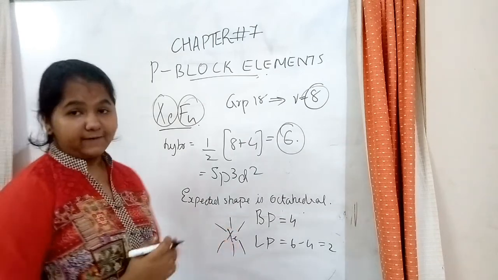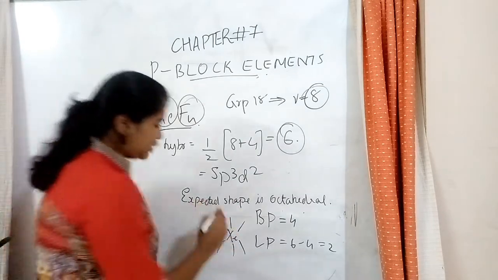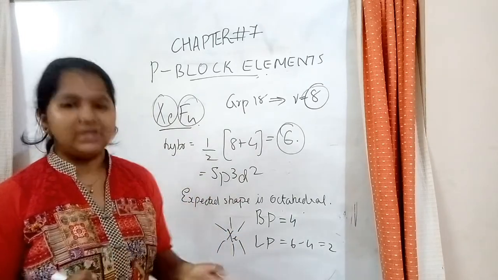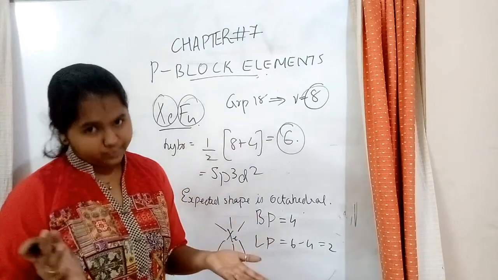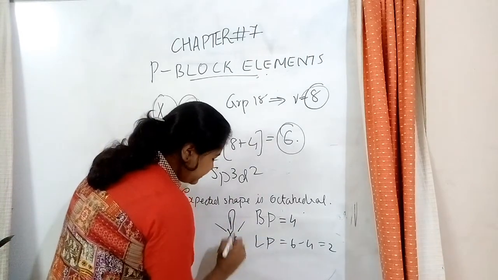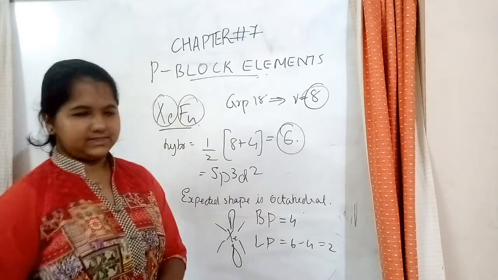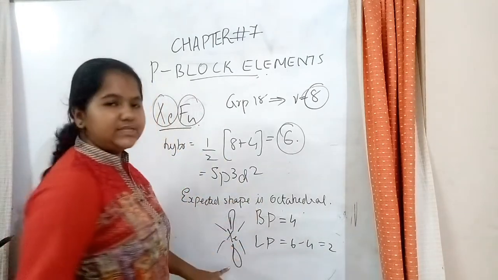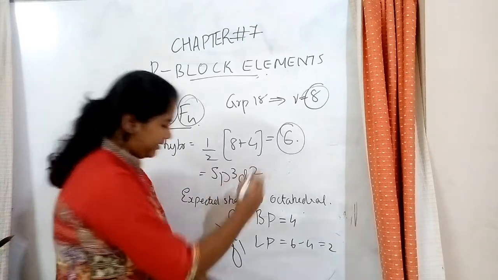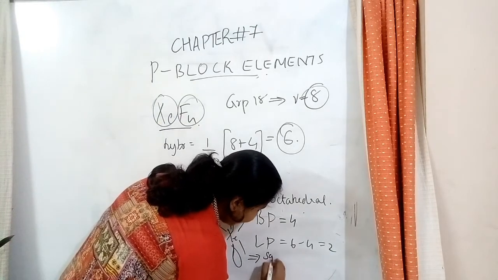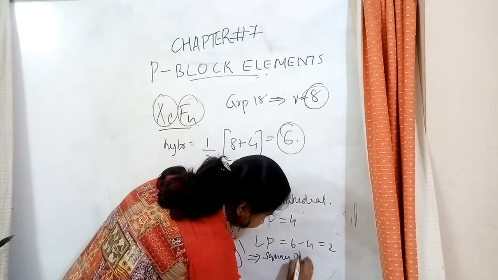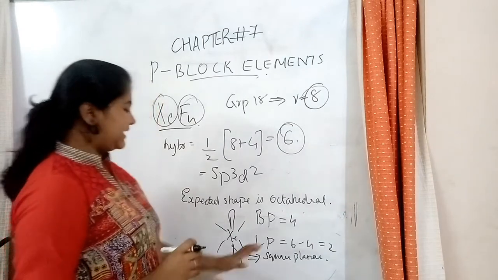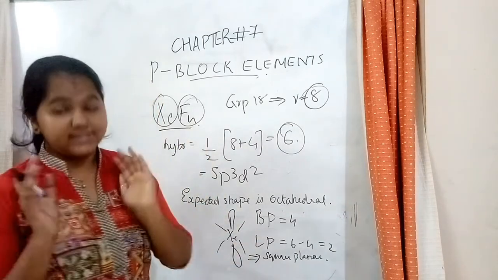So now we have to draw the structure. Let's draw. You can keep it on any surface because all of these are 90 degrees to each other. There are no different kinds of bond pair over there. So let's just make these 2 lone pairs. When you take the structure, you don't consider these 2 lone pairs. So what is the structure? It's square planar. I hope you have understood this. So now let's see the last one of the xenon fluorides.